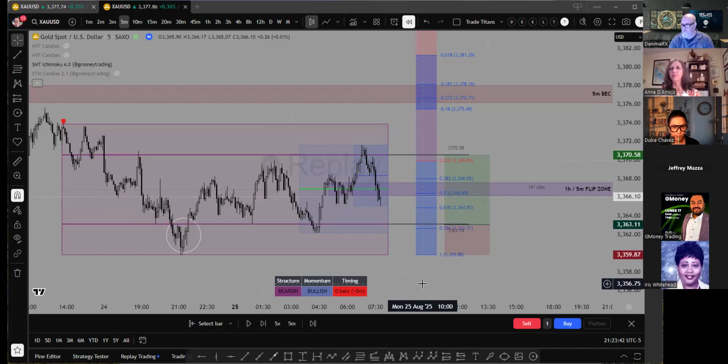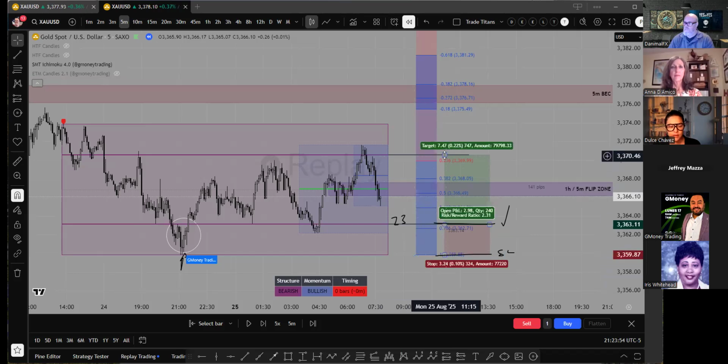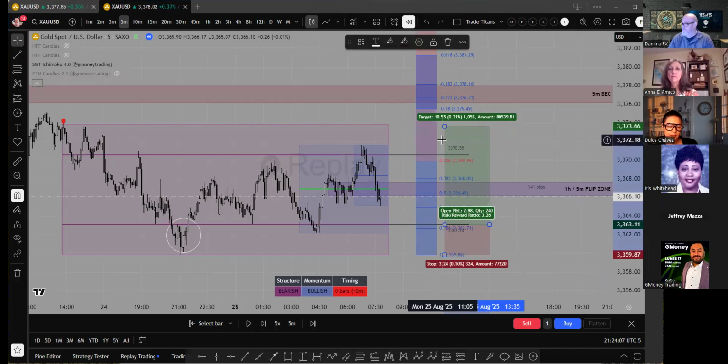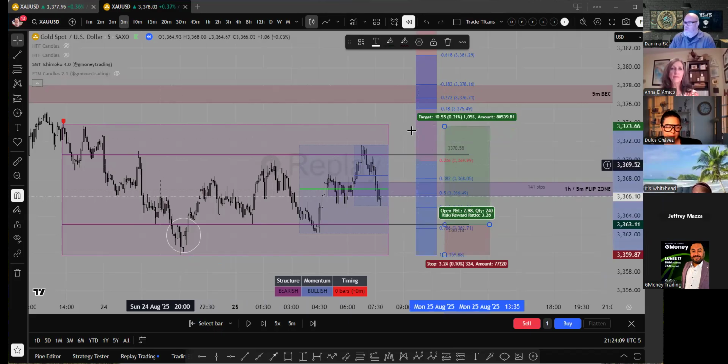So our better entry is that bottom 23 percentile, just like Dan has right here. Entry at the 23 percentile, stop loss at the low of the box. That would have been a good buy, at least back to the top. And I like the high too as another take profit level, because in order for it to go any higher, it's got to break